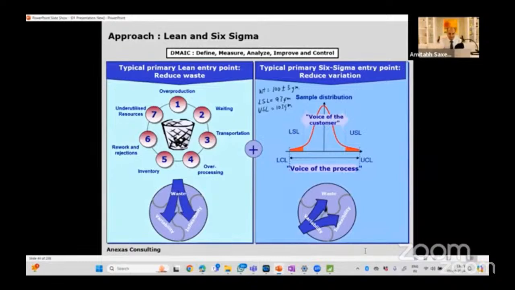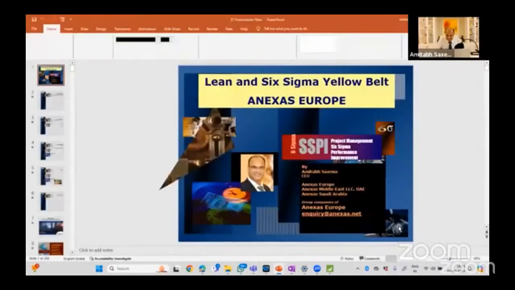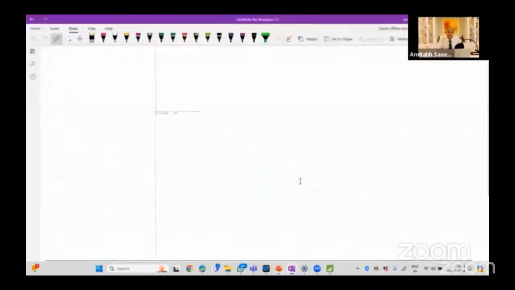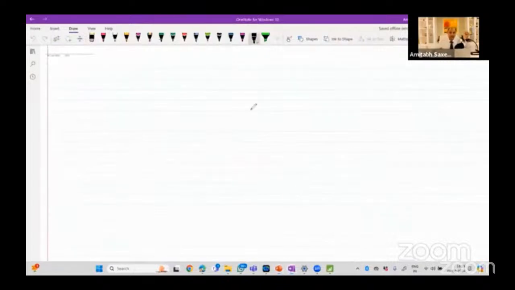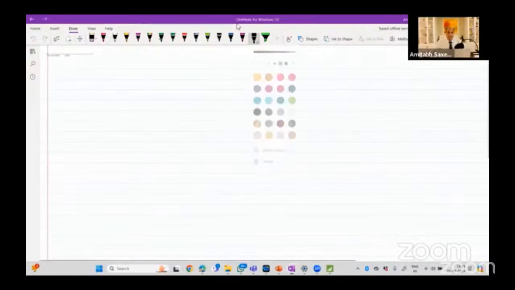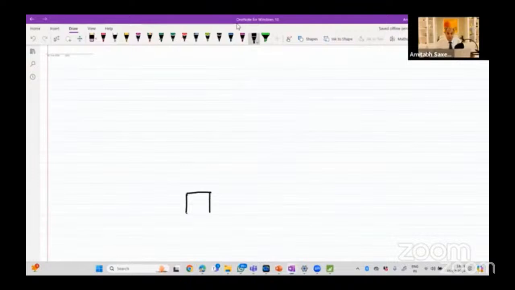And let me first tell you what Lean Six Sigma is. So Lean Six Sigma, as I said, is a project approach towards process improvement. You have to develop a systems mindset. What I'm going to do is I'm going to draw, and whatever I'm going to draw is representing all the organizations of the world. So if you think of your organization as